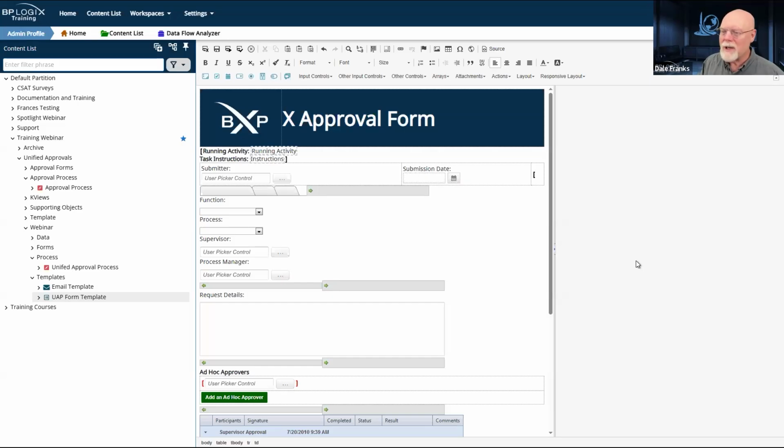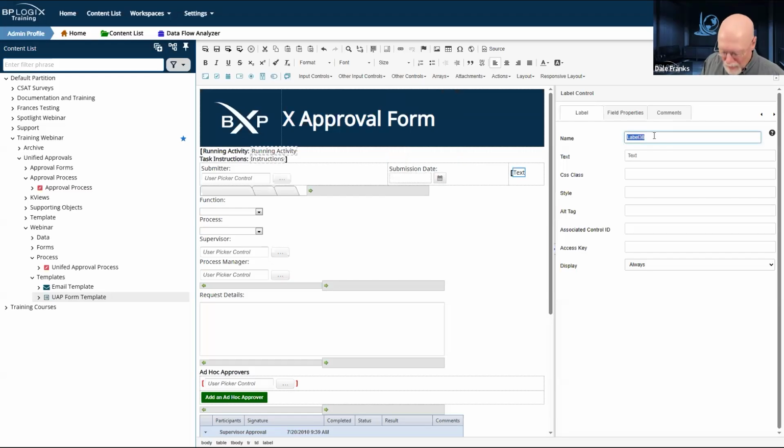So we're going to do the same thing. We're going to hide that. We are going to drop in our label control, and we'll call this the request number label.